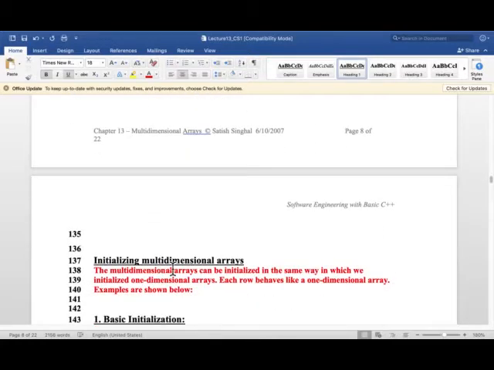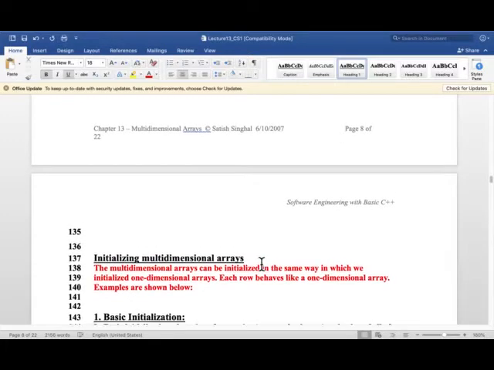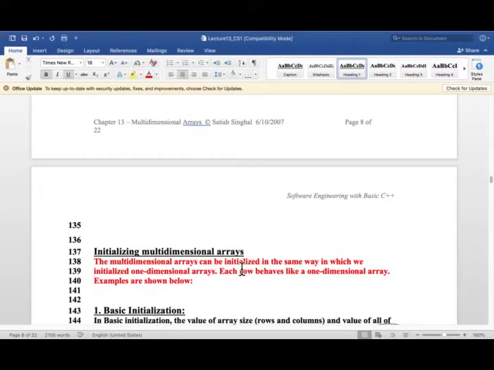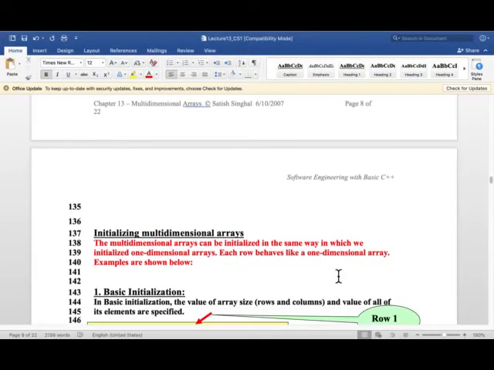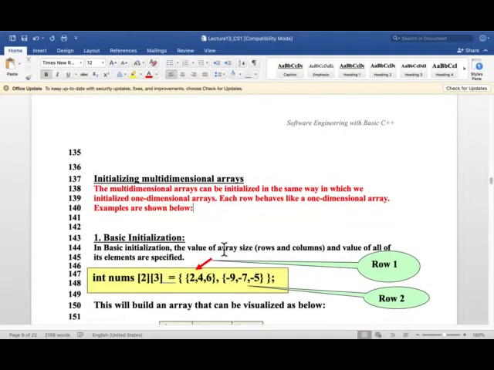So initializing multidimensional arrays. The multidimensional arrays can be initialized in the same way in which we initialized one-dimensional array. Each row behaves like a one-dimensional array. The examples are shown below. First example is basic initialization. In basic initialization, we give the dimensions, number of rows, number of columns, and also the values that should be